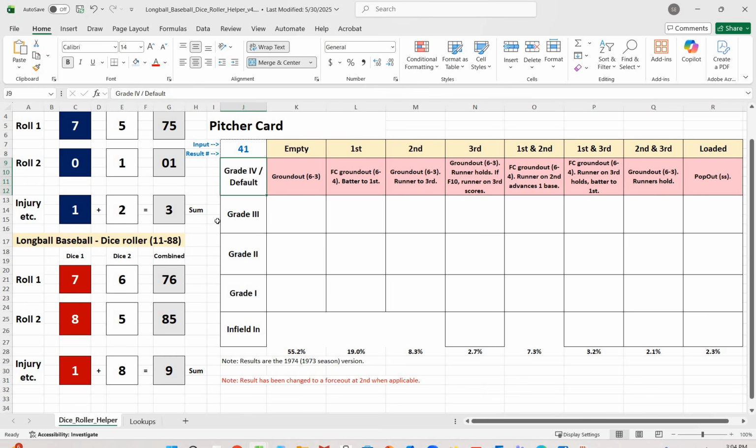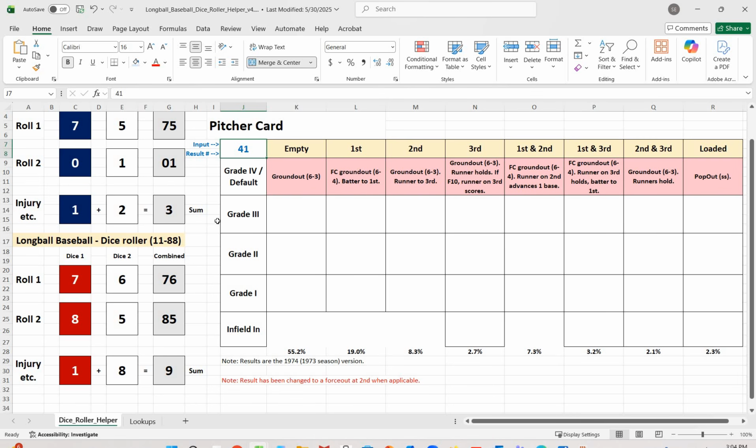At the suggestion of Tom from the Facebook group, I've changed 41, 42, and 43 to be fielder's choices, where the runner from first gets thrown out at second. I don't know if Tom does that for all three or not, but that's what I did. I think that can help keep long ball scoring down just a tad by keeping the runner